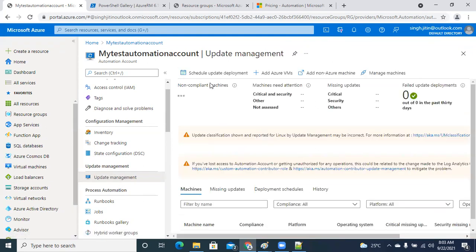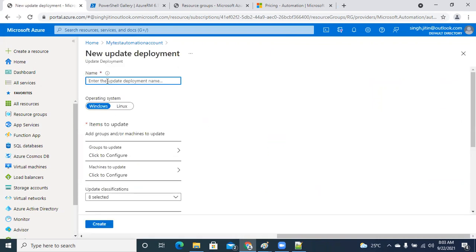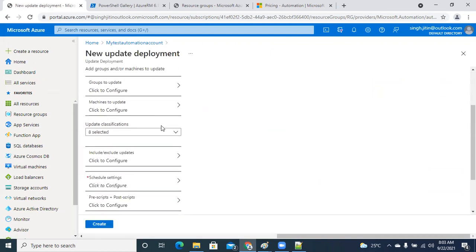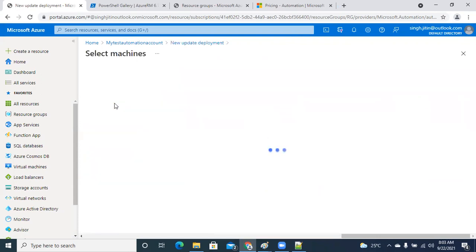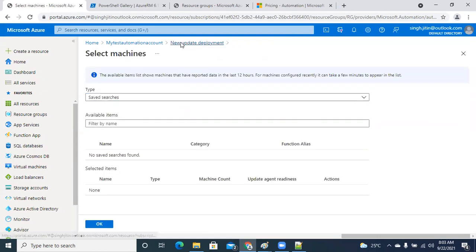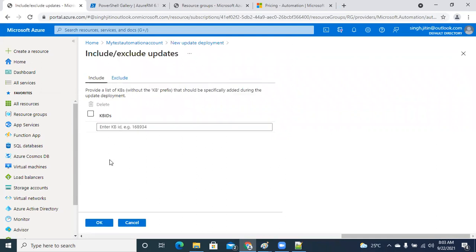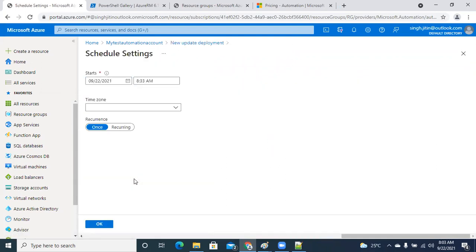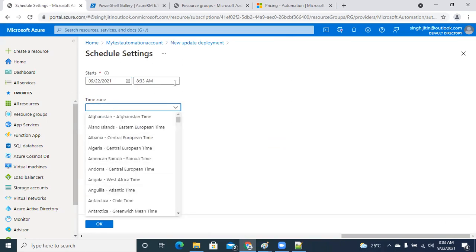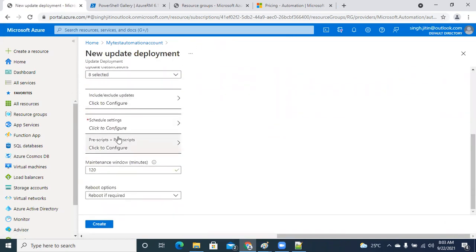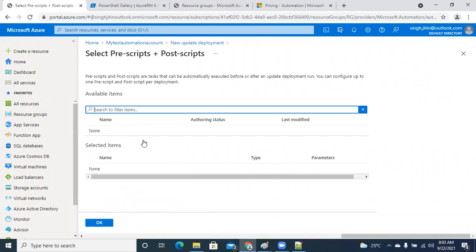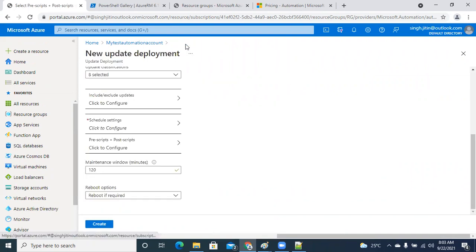Now, if I go to update management, guys, it is giving you the option to schedule the update. You can click over here and target your Linux and Windows machines. With the help of that, you can apply any patch you have over here. You can include any updates, and any KB IDs that you would like to provide. There are settings related to the time zone for when you would like to schedule these updates, and any script that you would like to run before and after the installation.